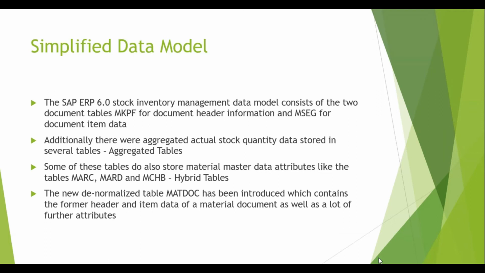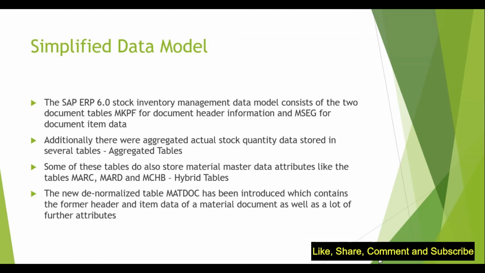So earlier, if we were using the aggregate tables, indices tables, I'll give you the examples of that also. What exactly are the aggregate tables? What exactly are the indices tables? So now the plan is to remove more and more aggregates and indices and try to have common tables where all the data can be stored at one place, right? So that is something called as simplification in the data model.